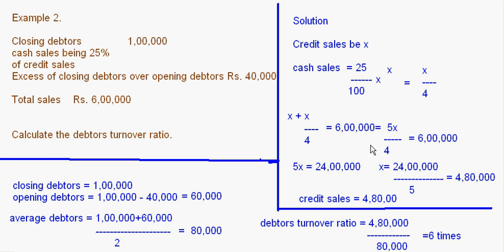right? We'll just quickly go through this once again. First of all, I calculated the credit sales. Since credit sales is not given, cash sales being 25% of credit sales is given, and they have given total sales as 6 lakhs. So you have to take the credit sales as X, and then here we calculated the credit sales by applying this 25% of X, and here we got it as 4,80,000, right? Then closing debtors is given, so we calculated opening debtors, that is 60,000. So average debtors was calculated, this is the second step, and then finally we did this debtors turnover ratio here,